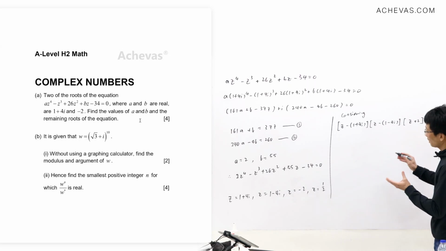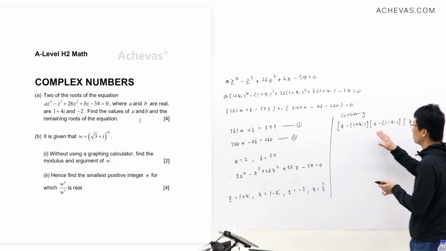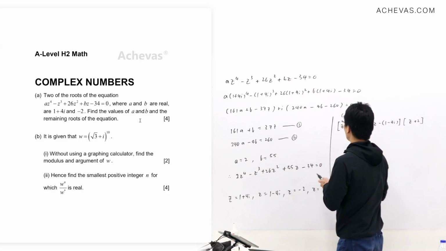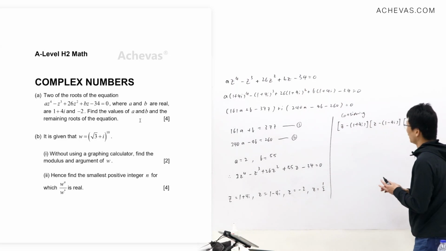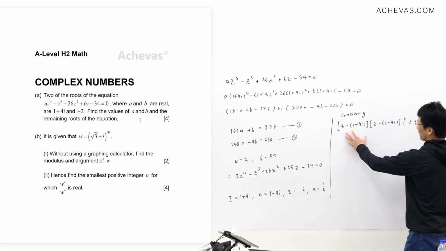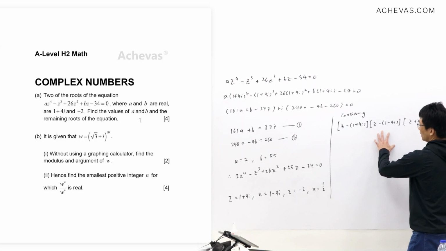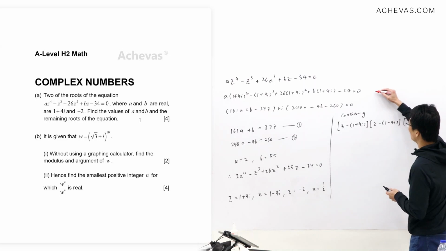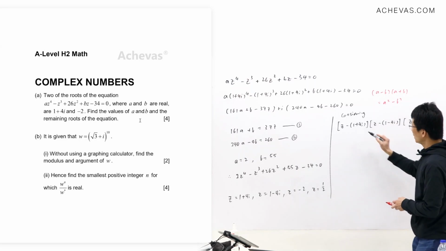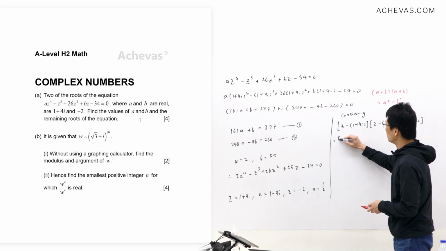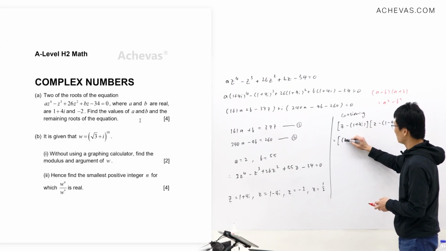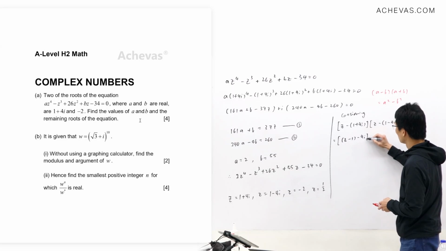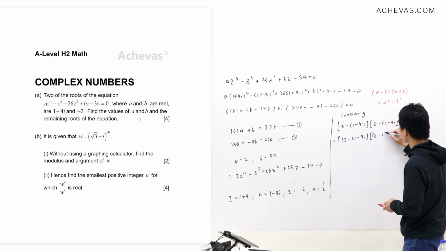So we need to expand out everything, and we will try to compare this equation with this equation and try to find the unknowns a and b. But the problem here is if you want to expand out 3 terms with 3 terms, it might be a bit tedious. But there's a better way of doing that, which is by using the identity (a minus b)(a plus b) equal to a squared minus b squared. So here we will try to regroup it into a real part and imaginary part, which is (z minus 1 minus 4i)(z minus 1 plus 4i)